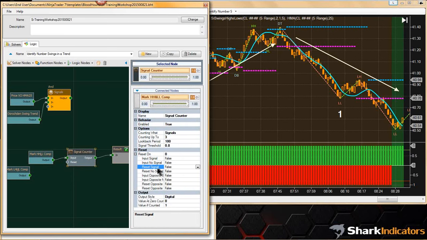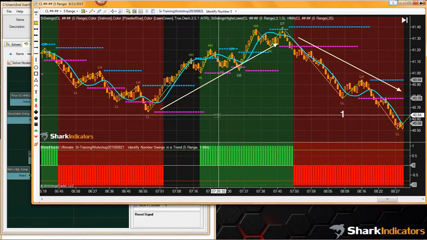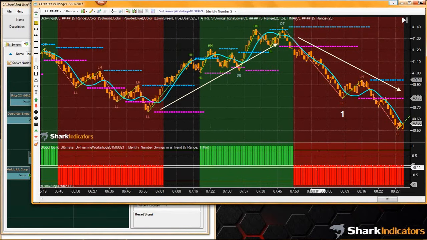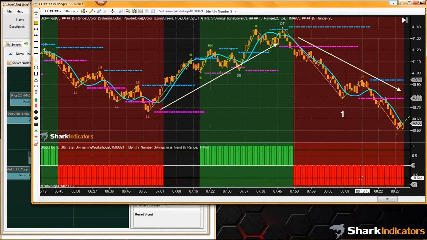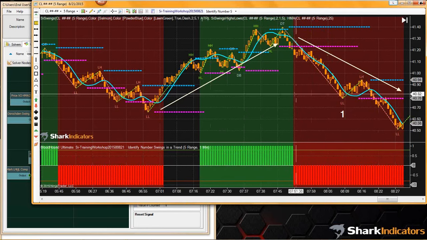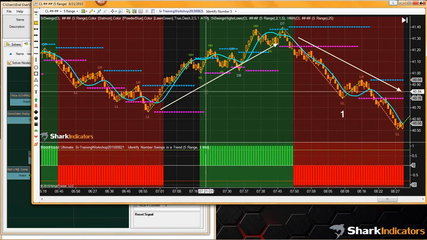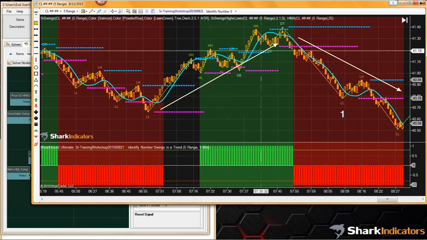I'm going to turn all my resets off. I'm going to connect the Dorschden Swing Trend solver. Remember, that's what's coming out of that solver. I'm going to use these short signals coming out of it to reset, or basically turn off, the counter from counting the long signals here